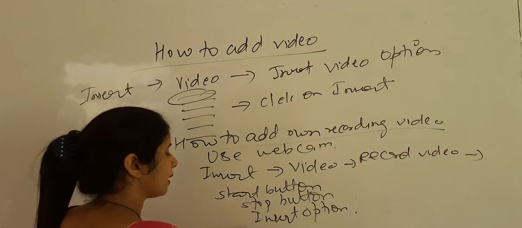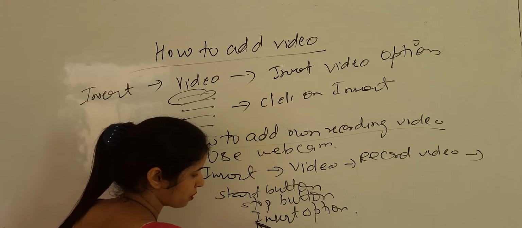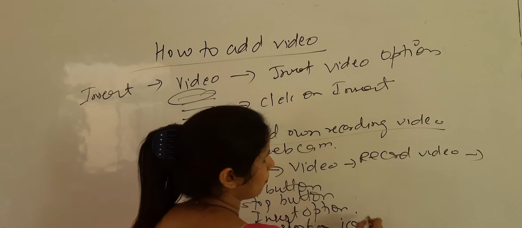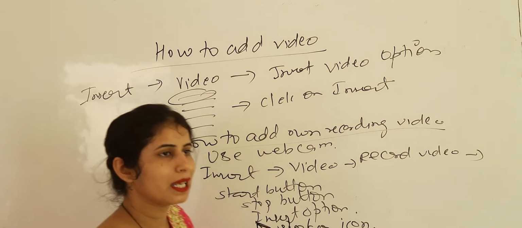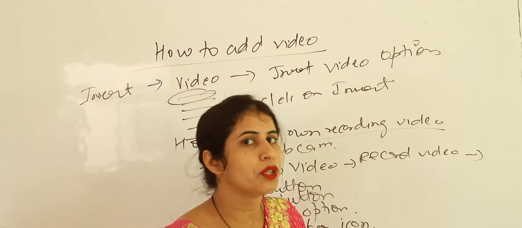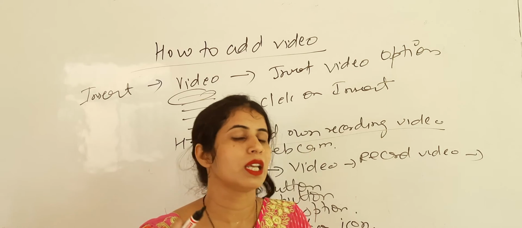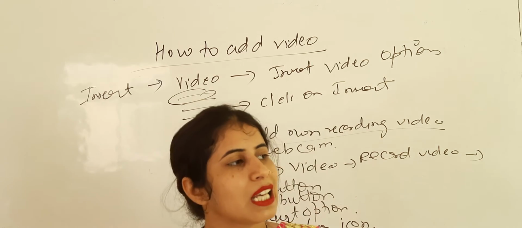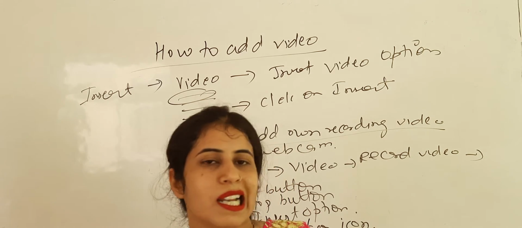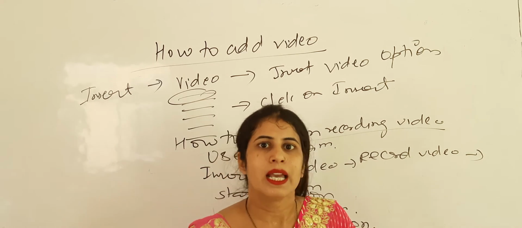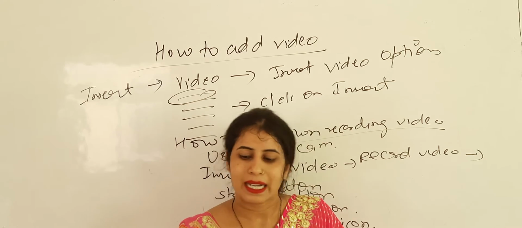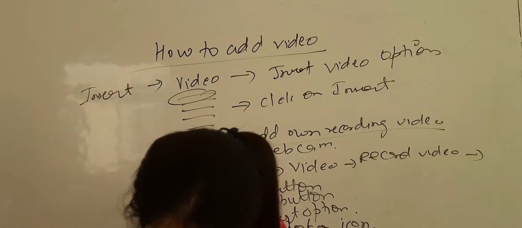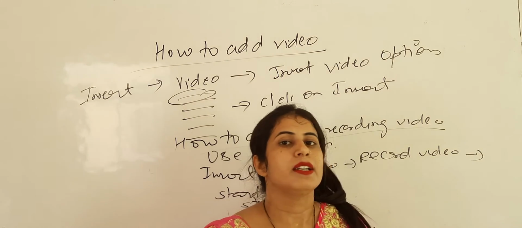If we want to play the recorded video, what will we do? To play it, we again have the same option there, the speaker icon. The speaker icon is used to play the recorded video or the audio that we are going to add in our presentation. So these topics were related to adding sound, which can be audio or video. Now the next topic is slide transition.